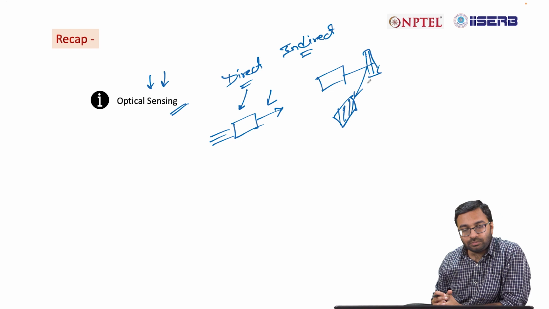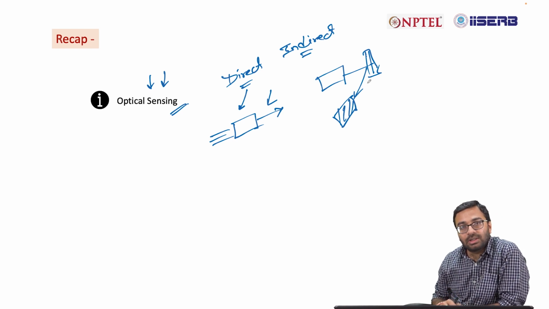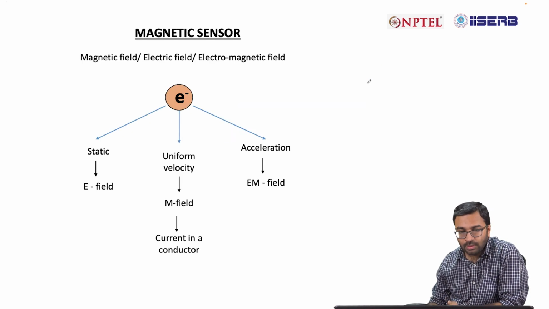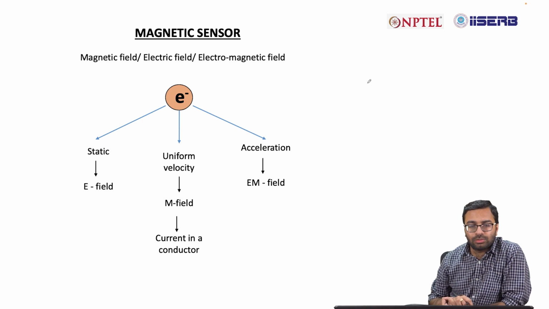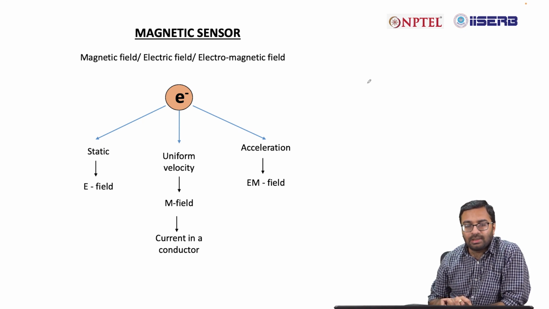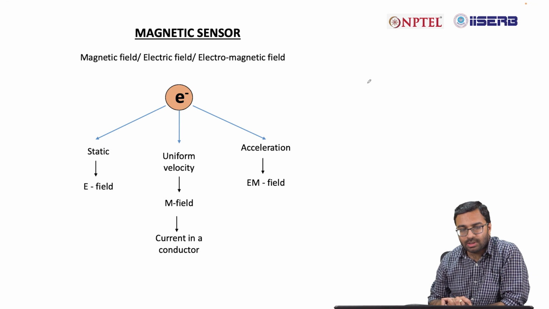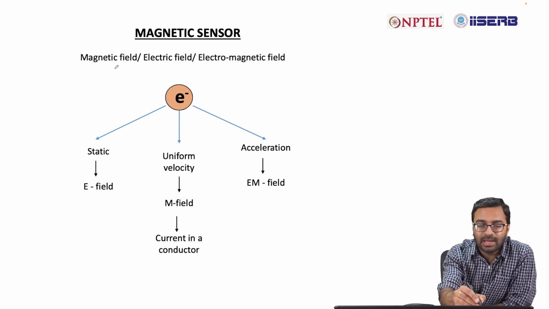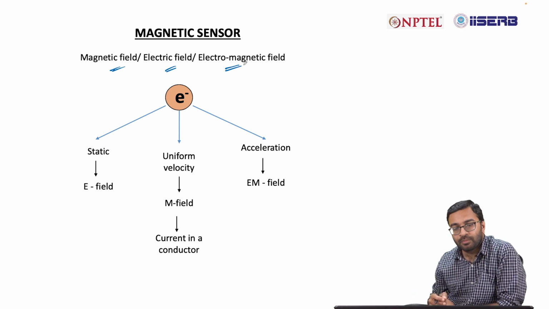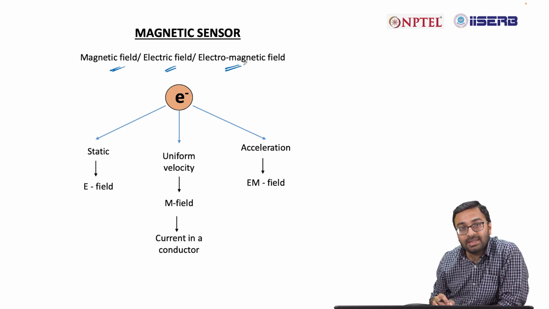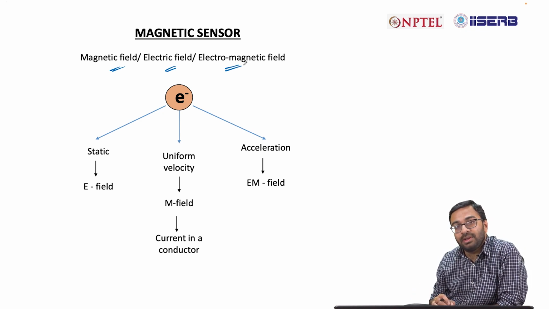Now today we will see what are the different physics associated with magnetic sensing. Before we go to the magnetic sensor part, let us try to understand what is a magnetic field, what is an electric field, and what is an electromagnetic field. If we explain this very briefly,